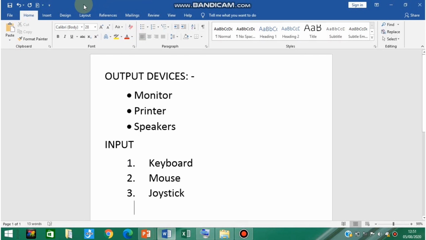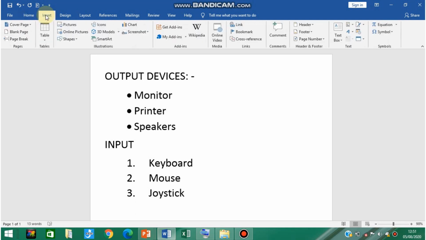To insert these symbols or special characters, you have to move inside the insert tab. Okay, by default we are in the home tab, but to insert symbols and special characters you have to move inside the insert tab. Inside this insert tab, at the end you will find a section of symbols.